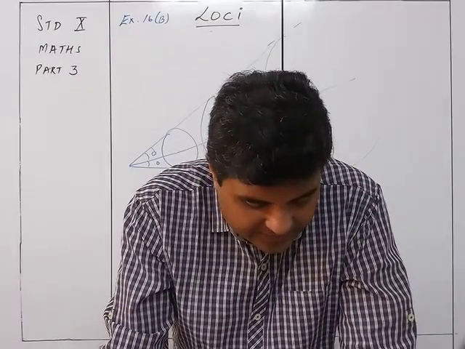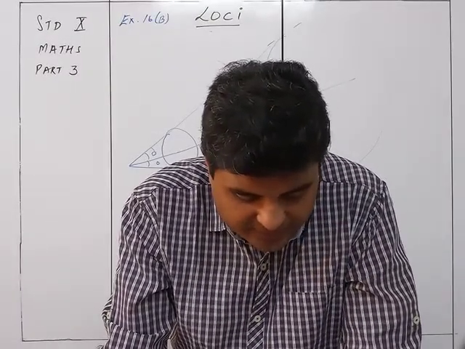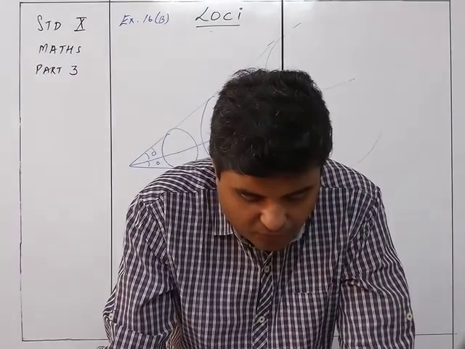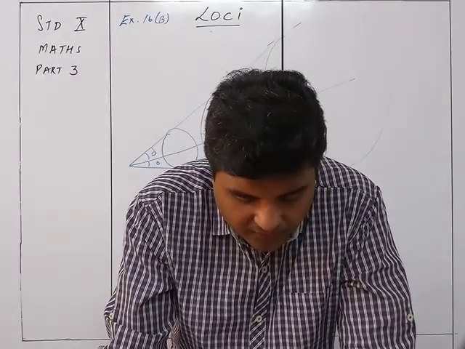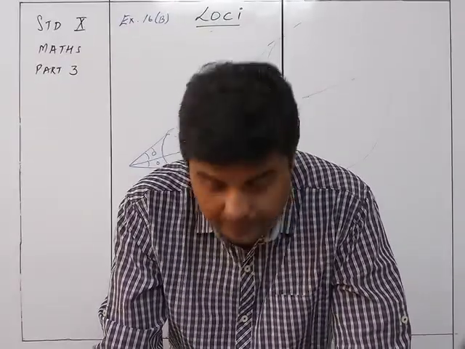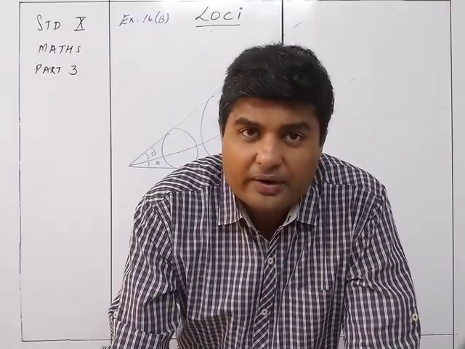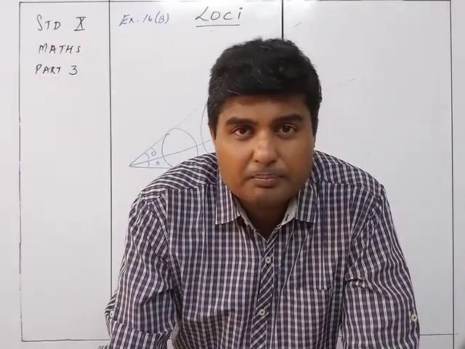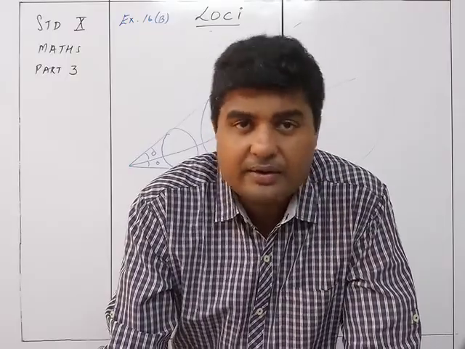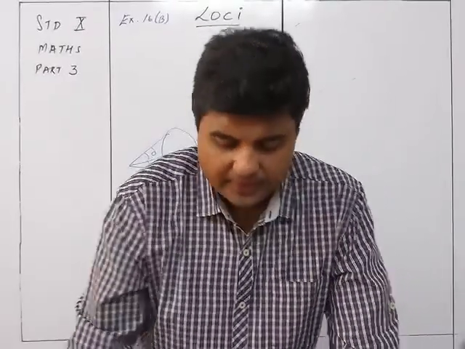And finally is 8th one, the locus of a point within a circle that are equidistant from the end points of a given chord. Okay, end points of a given chord again is nothing but the perpendicular bisector of the chord, यानी diameter, same thing. Okay, it is this way.